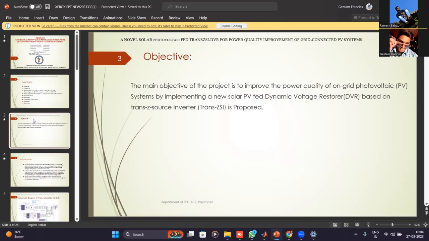In the proposed DVR, in place of the traditional VSI and ZSI, we are implementing TransZSI, with the outstanding merits of buck-boost capability, a wide range of voltage boost gain, fewer passive components, and lower voltage stresses. It is put forth for efficient detection of voltage disturbances, mitigating them and lessening the injected voltage harmonics. A hybrid vector template with maximum constant boost control, known as the UVT-MCBC method, is proposed for TransZSI-DVR.